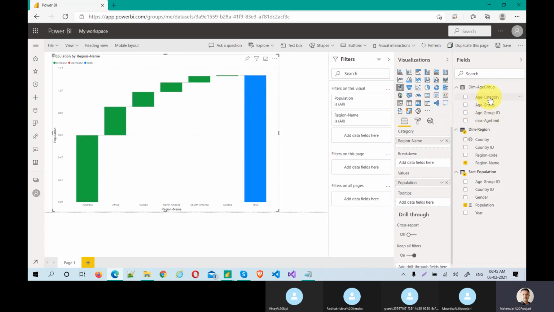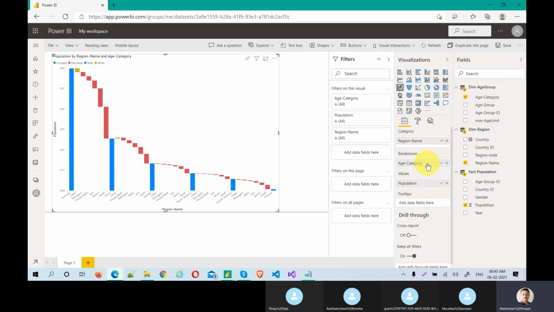See, the visual is entirely changed. Now Australia. You see the increase, decrease, and other. What exactly does other mean?